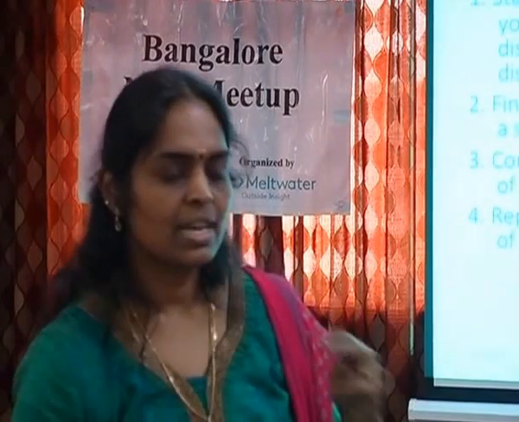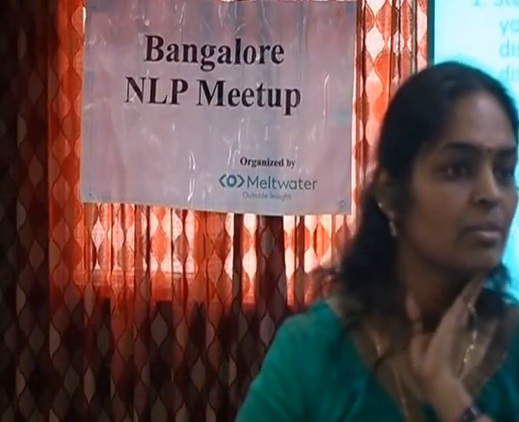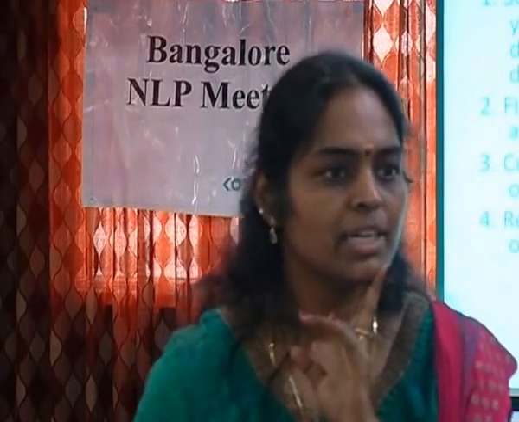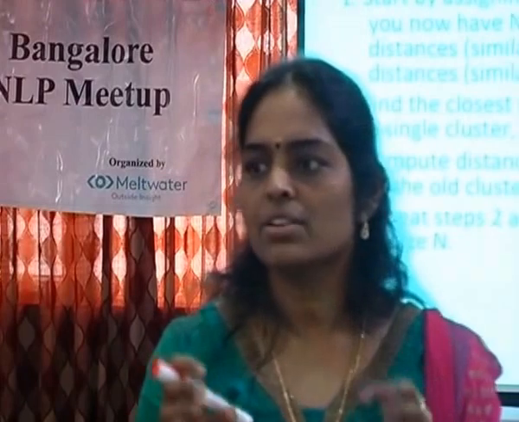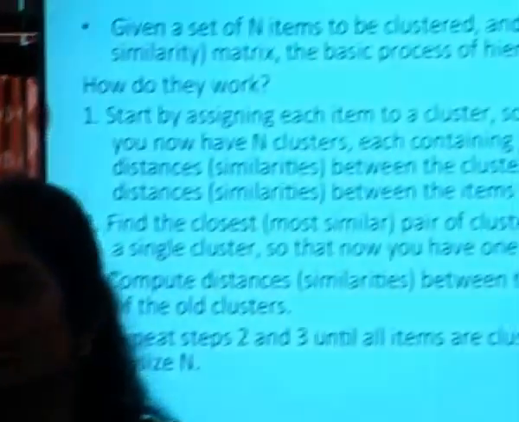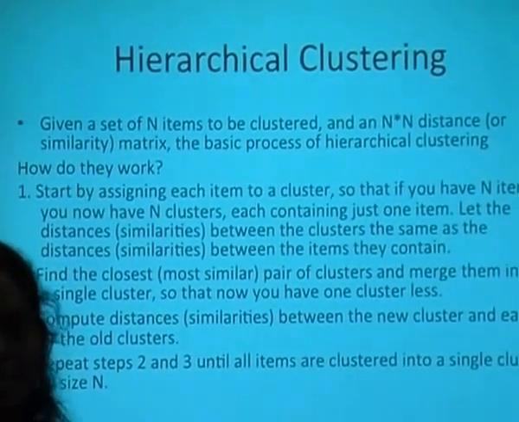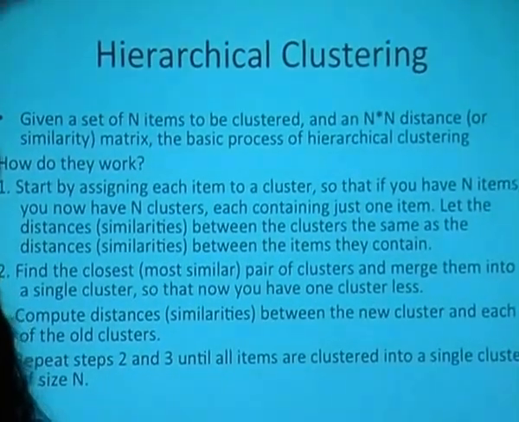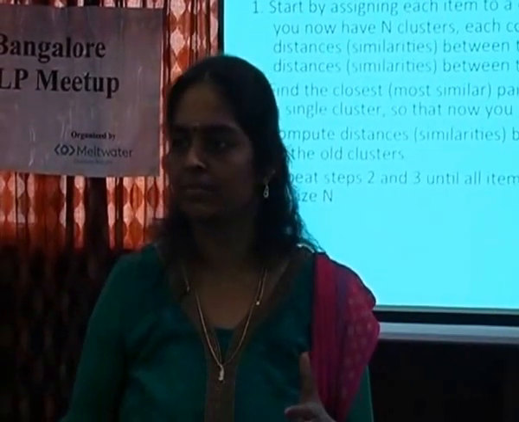Now this hierarchical clustering, basically there are two types. One is called agglomerative clustering, the other one is called divisive clustering. Agglomerative clustering is you find small clusters based on the similarity and based on the dissimilarity, you try to club those clusters together. That is agglomerative. Divisive is you have a huge cluster, you find the most dissimilarity between them, split it. You keep dividing. That's why we call it a divisive method.